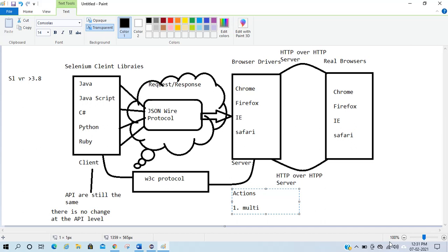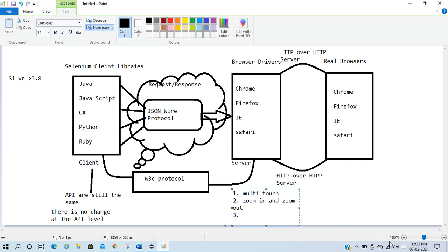I will be covering all this in a separate video. The sole purpose of this video is to provide information on the difference between Selenium 3 and Selenium 4 from a major architecture point of view. All these things we'll be discussing in future videos. We have multi-touch, and we can perform zoom in and zoom out.